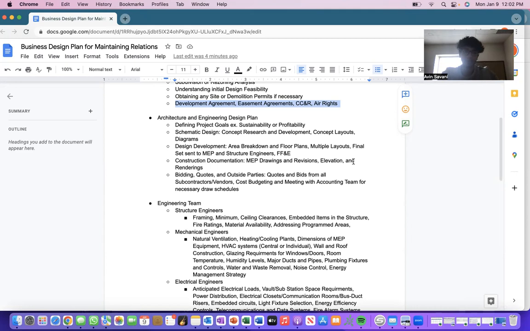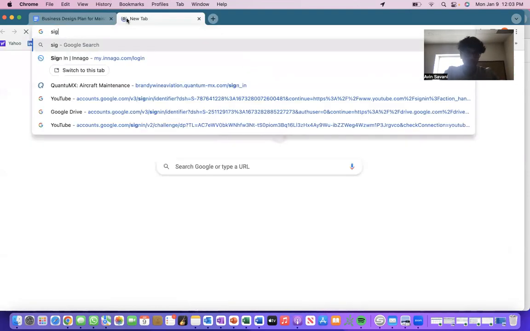So then schematic design is one of the first phases within architecture: concept research and development. This is an entrepreneurial aspect of architecture, in that you can really get creative with the different designs and concepts out there. So many different types of buildings. Just look at Singapore, for instance. It has some of the most beautifully developed and out of the box designs. So for instance, if I can just